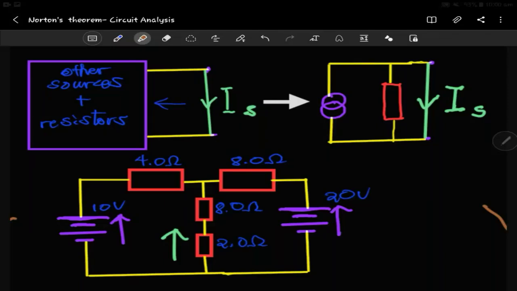So, Norton's theorem circuit analysis. This is one way of analyzing a circuit, and also a way of simplifying the circuit. What this theorem says is that if you have a circuit of this form, this right here, one,